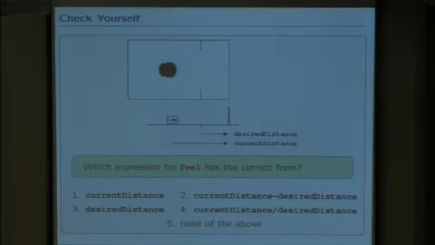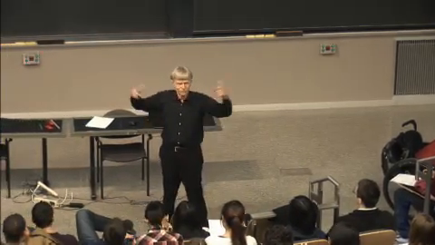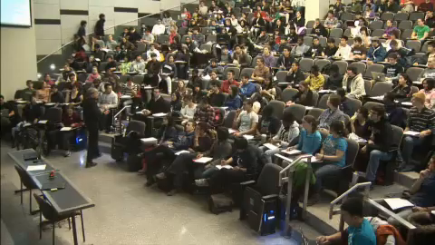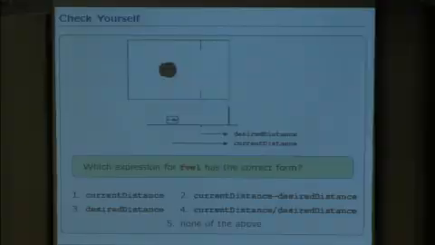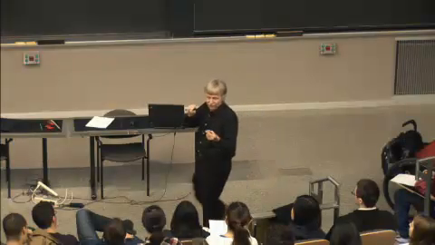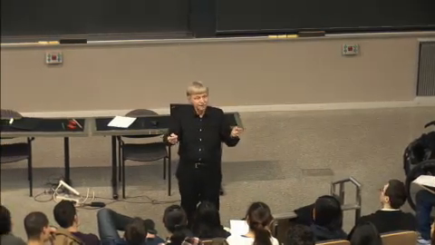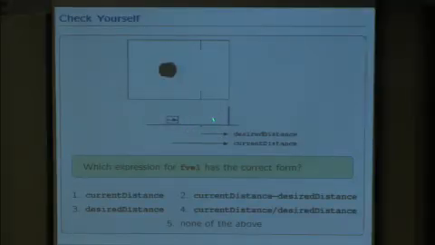There are some other simple cases. What are some other simple cases? Yeah, current distance greater than desired distance? Current bigger than desired. So if current were bigger, that would mean that you were starting out way over there someplace. So you'd want the velocity to be positive. The forward velocity should be positive. That's how you would disambiguate the sign, right? Similarly, if the current were shorter than desired, if you were too close to the wall, you'd like the forward velocity to be negative. OK. So that's the proportional controller that we'd like.